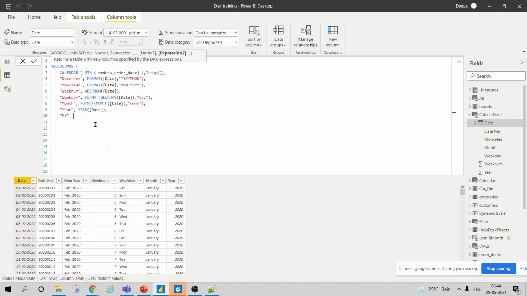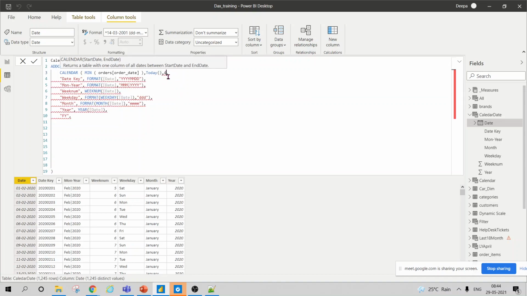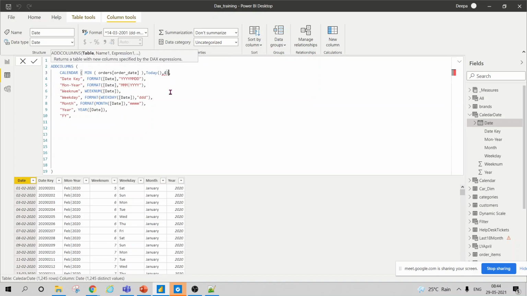Oh, I remember. In the calendar table itself, you need to specify what my fiscal year is. So if I want to say that this is my fiscal year, the min of order date is my start date, then today.